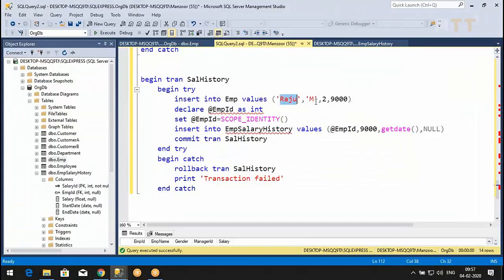Now, Easter, manager ID is say 3, salary is 11,000. Now scope identity should work. Let us see that.